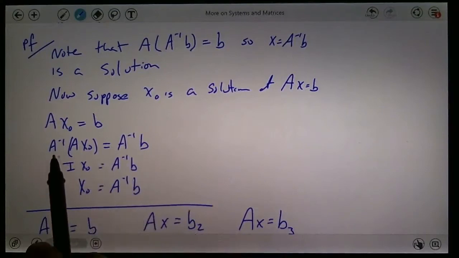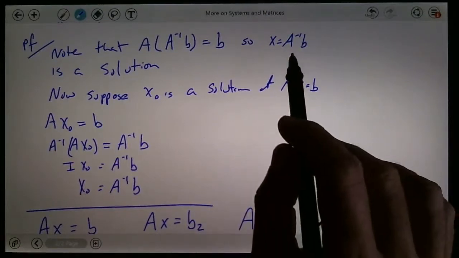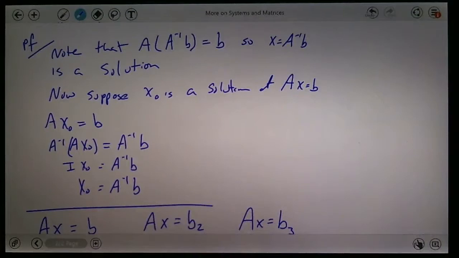So A times A inverse is just I, times x0 is just x0, and you end up with x0 equals A inverse B. So if you had any solution, it's the same one that you already had. So if A is an invertible matrix, then the system of n equations with n unknowns always has just one